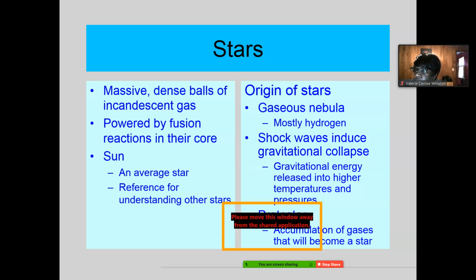Now, as they collide with each other, the friction, even of gases, hydrogen gas, produces friction, and friction produces heat. I want you to take your hands, put them together. I'm not going to have you pray right now, but I want you to rub them together, back and forth like this, really hard, pushing them together. What do you notice? They heat up? Yes, that's because of friction. Same thing happens when these masses of gases get pushed closer together. They start heating up because of friction between the molecules. That's what we saw. The gravitational energy, as they come together, becomes higher temperatures and, of course, higher pressures.